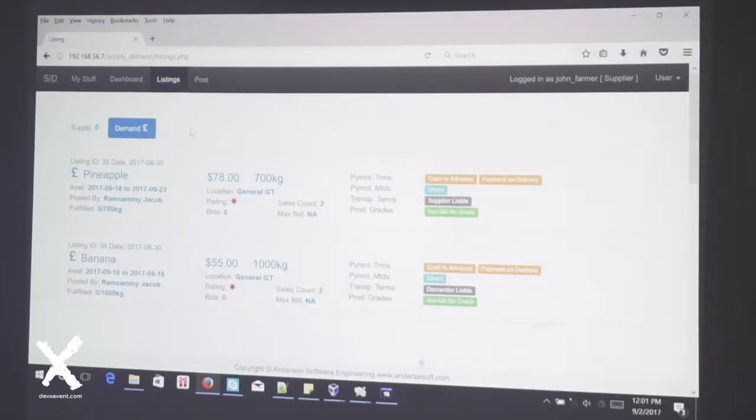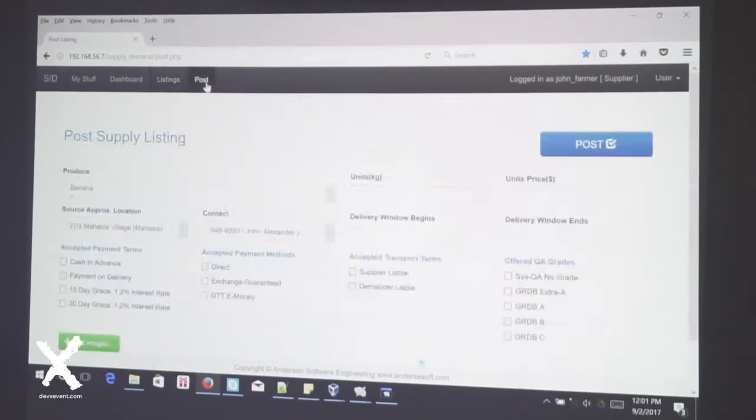Okay, so I'm logged in as a supplier, so I'm going to post a supply listing. I'm going to post bananas. So this is the price that I'm looking for, $45 per kg. The source approximate location. This is another feature supported by the exchange.